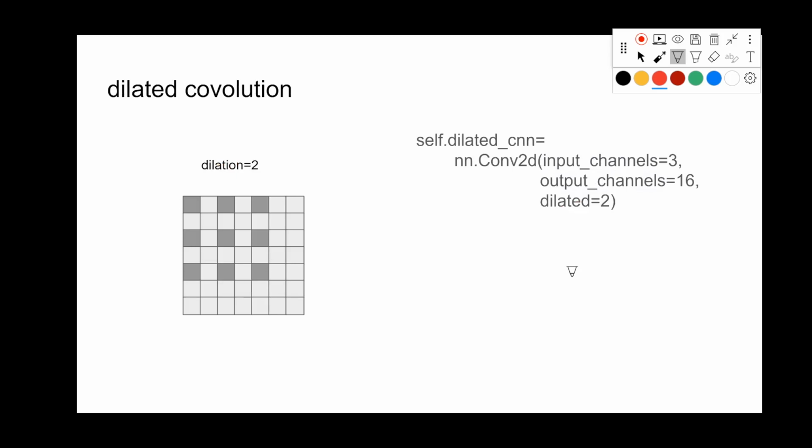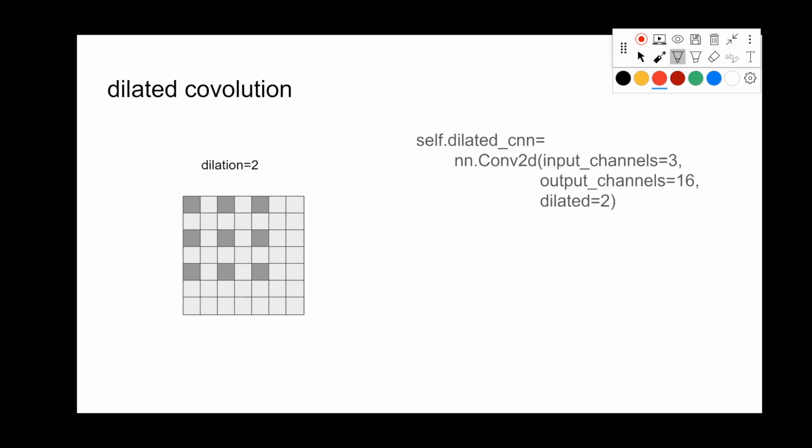And the other parameter is the dilation. Dilation means that we will add some space in the input channel, or when we get the pixels, we will skip some pixels.